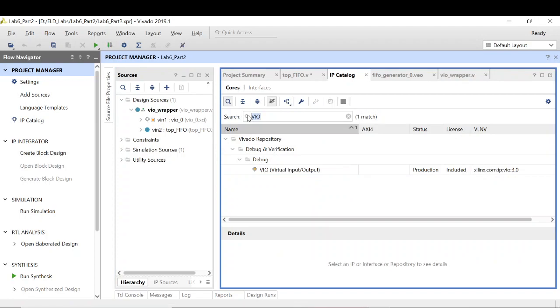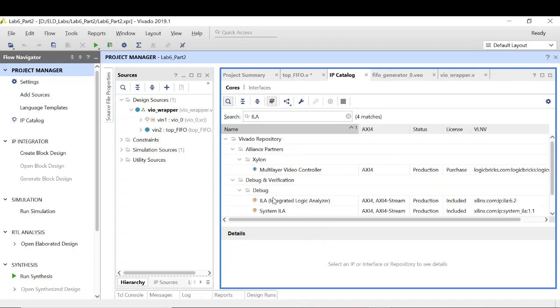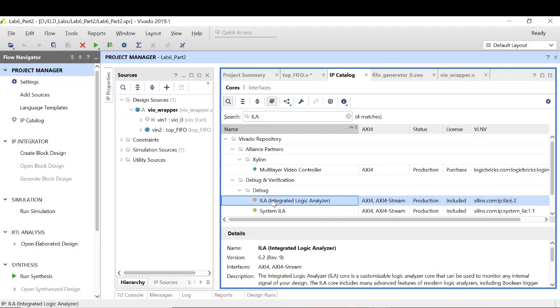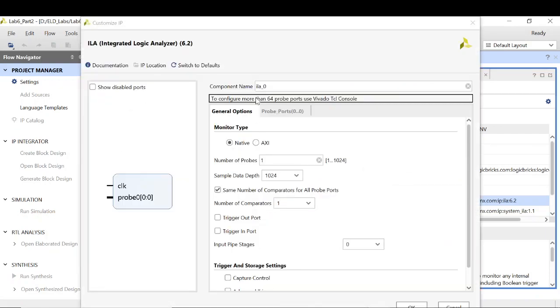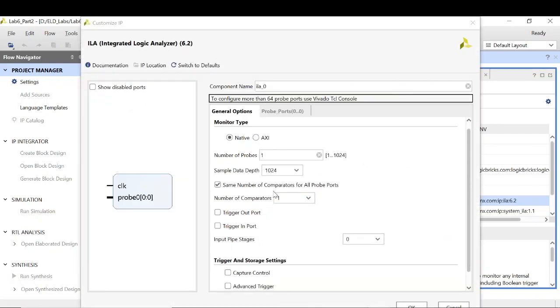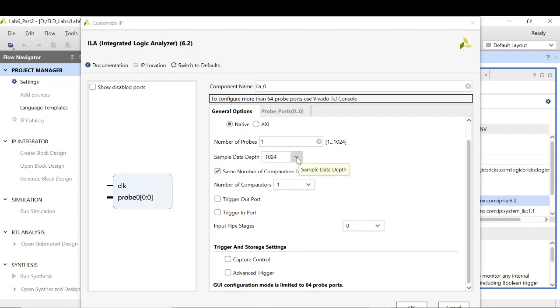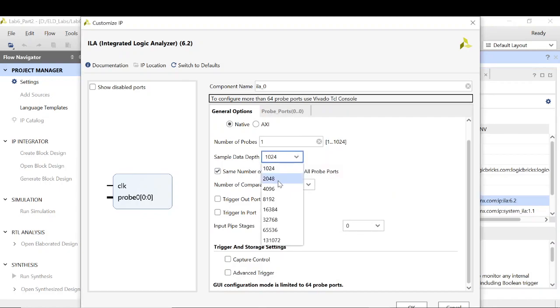So let's search for ILA. Okay, that's fine. This time let's select 2048 as well. We will look into how this changes if we use a different value of data depth.